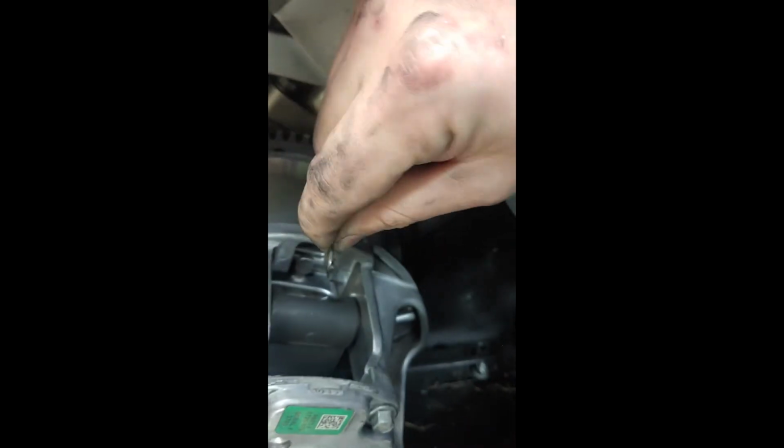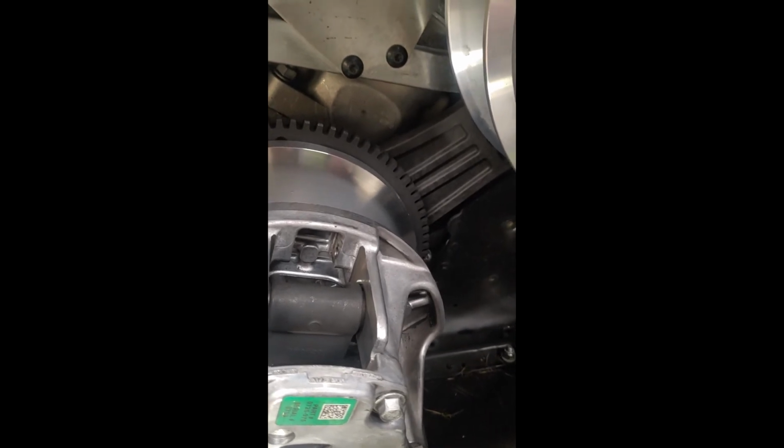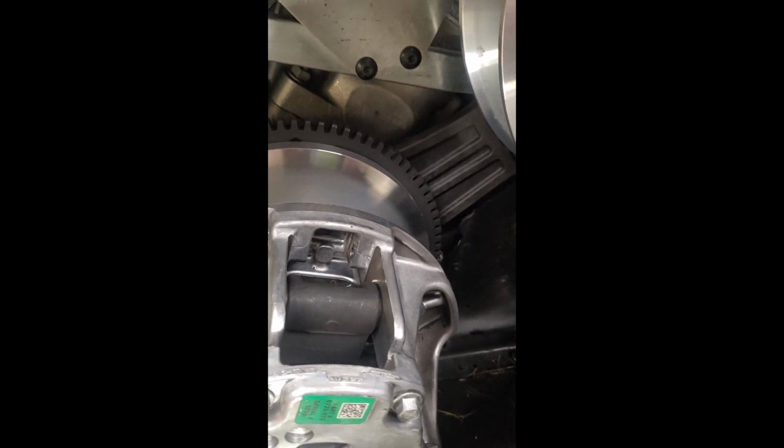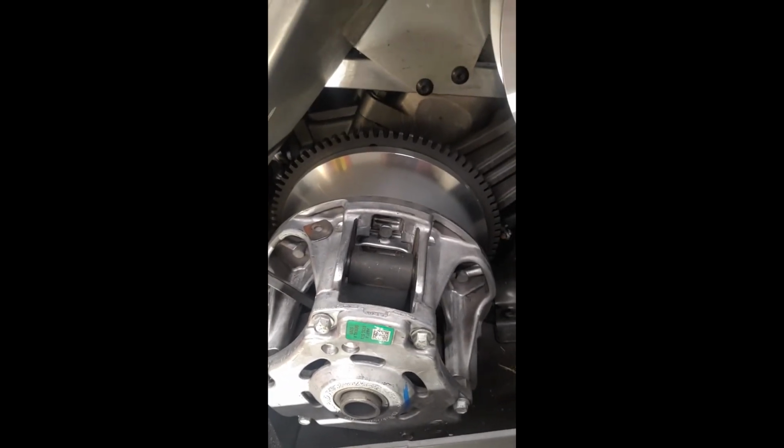And then it's got a little bit of an indentation where they'll sit in there, and that's where the frustrating part comes, because when you're trying to put this back together and you try to get it sitting on that lip, it'll want to cockeye on you and not sit in there properly when you're trying to put the screw back in or the bolt, and it needs to be sitting in there properly, or else you're not going to have a good time. It's not going to go together properly. You're going to be swearing. It's not the most fun job,